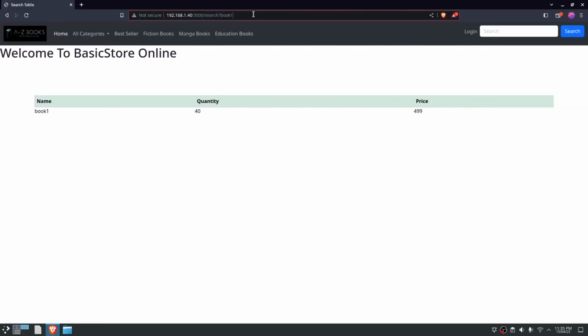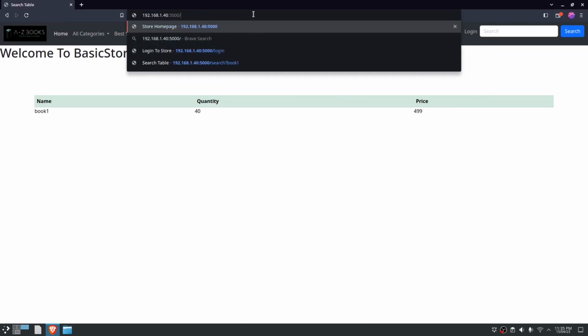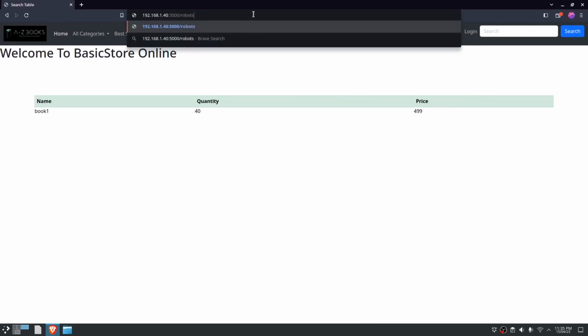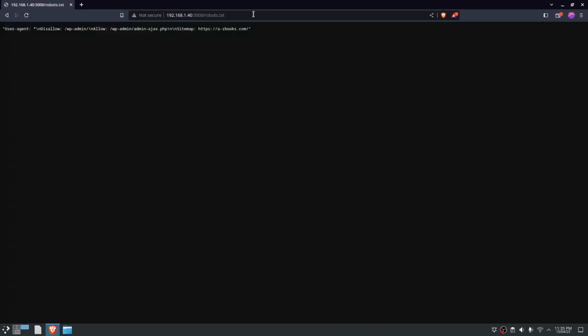So this is my website, right? So there was /login/search, those are the common ones. But if I go to robots.txt, you may find, yes, there is this thing called user agent, disallow wp-admin, and allow wp-admin/admin-ajax.php, sitemap and something. Yeah, there is this https a2zbook.com, my particular website, and there is this particular instruction of not to allow search